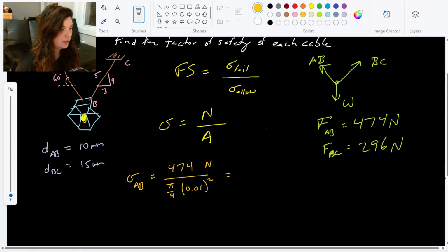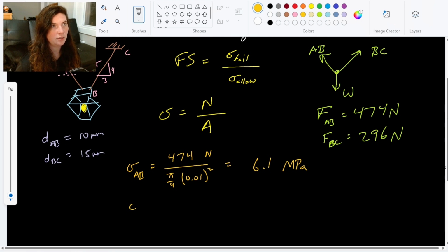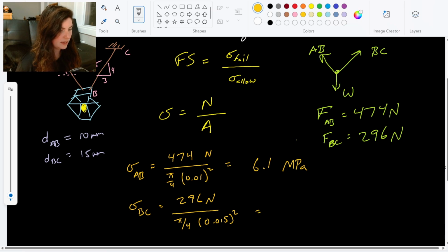And that's going to give me a normal stress, if I punch that all into my calculator, of 6.1 megapascals. And then I do the same with the normal stress in cable BC. It's 296 newtons over pi over 4, 0.015 squared. And that gives me 1.67